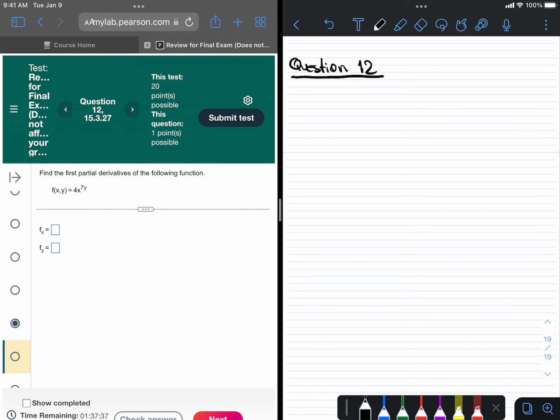Oh, this is a pretty cool question. We're deriving this function. It has two variables, and we're deriving it with respect to x and y, and each derivative is going to be significantly different than the other. So the first one, fx, is the same as the derivative of f with respect to x. So that means we're taking this expression there